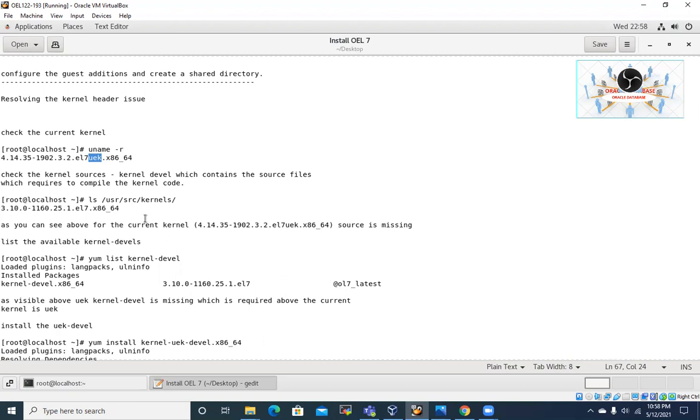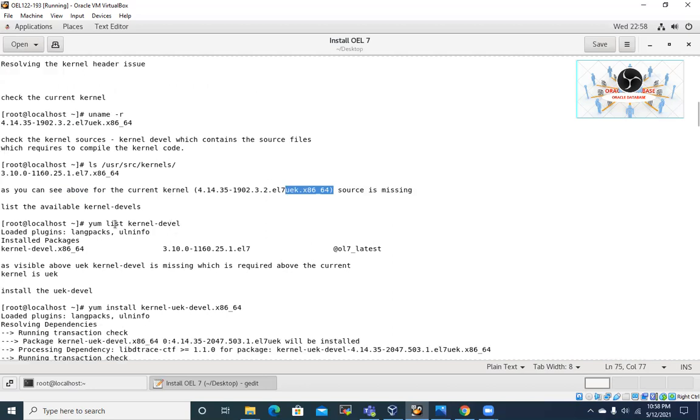So that's why we are trying to configure the additions using that Universal Enterprise Kernel. All right, so now it is missing. The devel files are missing. As you can see, the UEK devel is missing, right? So then we can check the list of available kernel devels at the moment: yum list kernel devel,